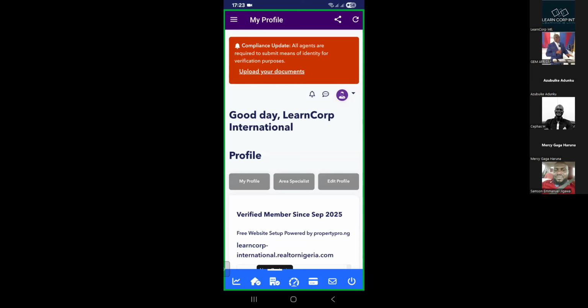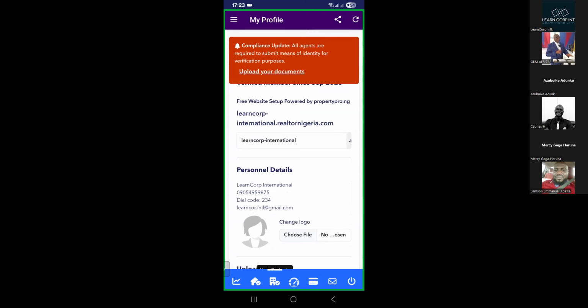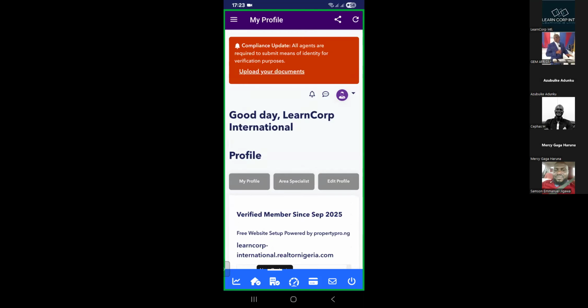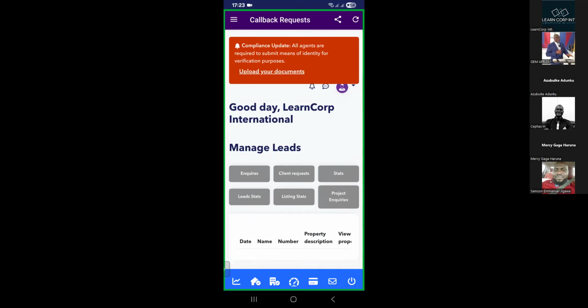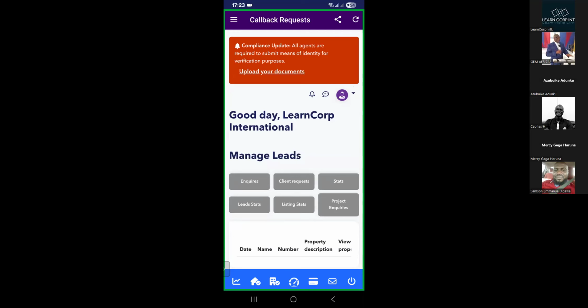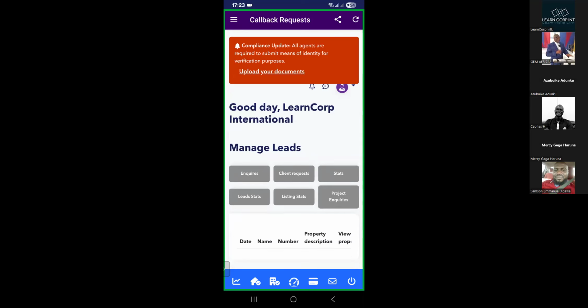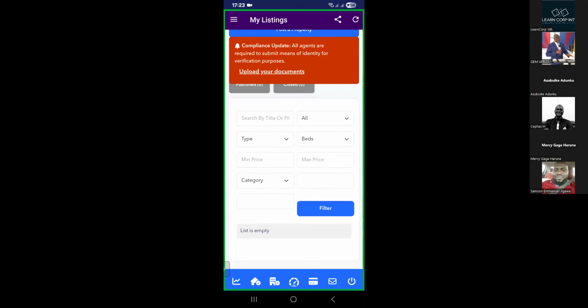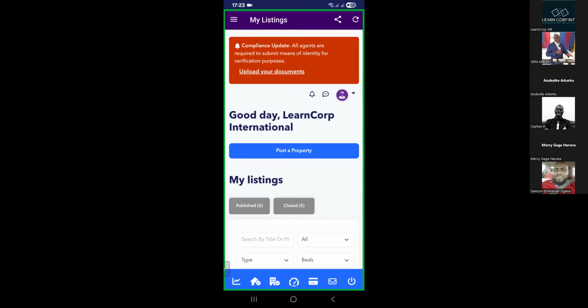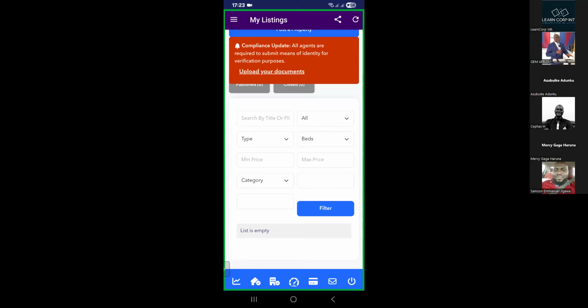Notwithstanding, I'm going into the next tool right here. What's going on? Okay, manage leads. I don't know why I am locked out now, but I was able to look at quite a number of properties actually when I was on this application, and I was